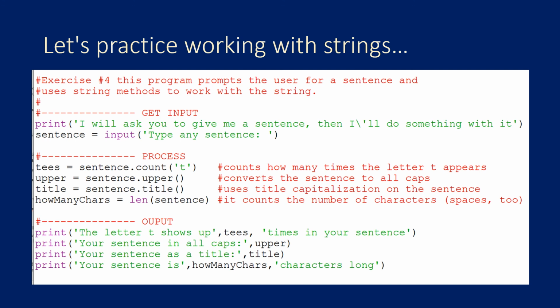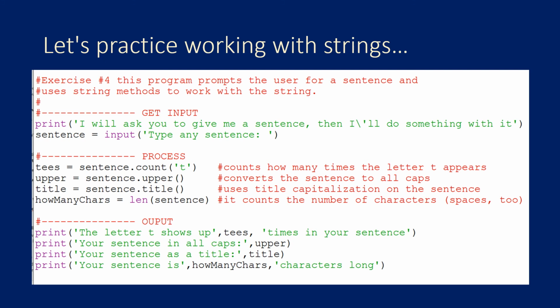This statement is going to convert the sentence to all caps, and is going to store it in that variable named upper that was just declared. Title equals sentence dot title. Don't forget the open and close parentheses. This is going to use the title capitalization on the sentence,